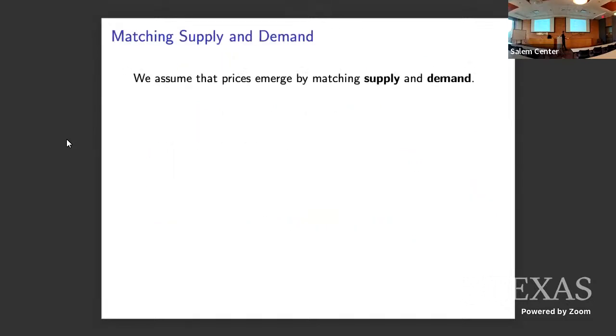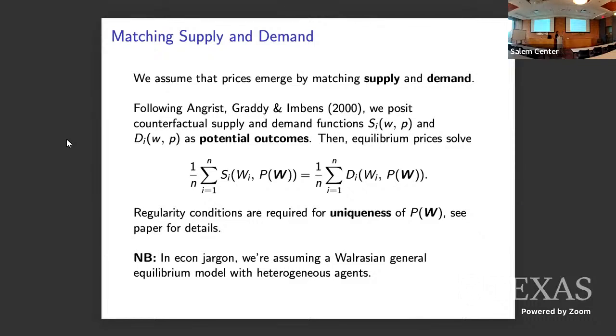Prices match by supply and demand, so I'll describe it now. What we're going to assume is that there are a large number of, say, farmers. And the farmers can produce many goods. They could grow corn, they could grow wheat, they could farm cattle, right? But there's a finite number of goods they could produce. And then there's going to be a price for all these goods you could produce. And what we assume is that prices form such as to match supply and demand.